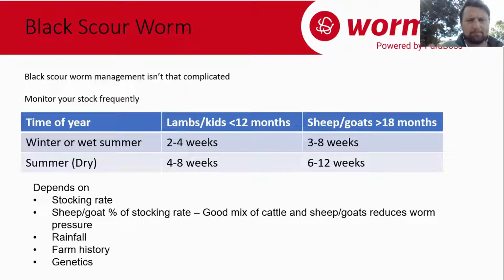So, black scour worm, time of year for monitoring and the frequency of monitoring, just some guidelines that I would give people based on whether it's winter, or whether it's hot and dry, or whether it's wet and cold, and for different ages of animals. So our lambs and kids that are less than 12 months of age, and really, our young cattle fall into this category as well. Any cattle under 18 months of age doesn't have a very strong immunity to worms yet, so they're all very similar. But up until 15 months of age, they're all highly